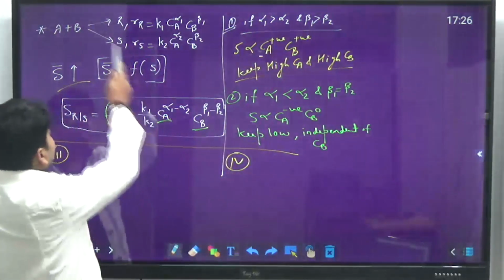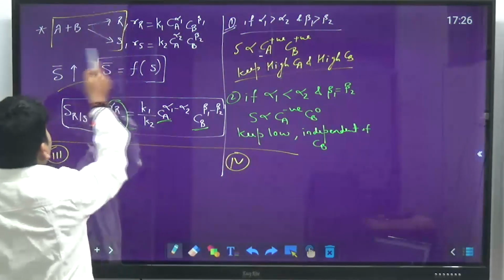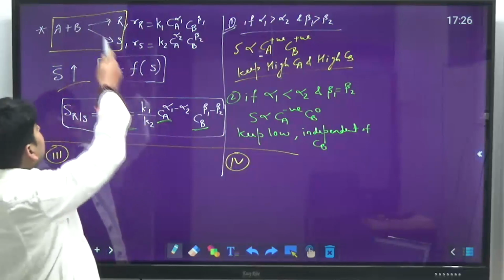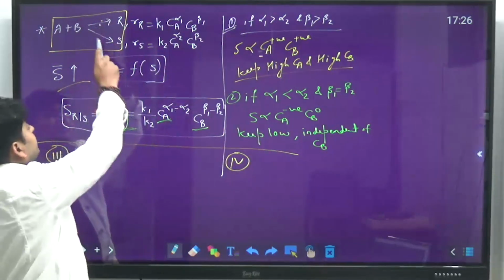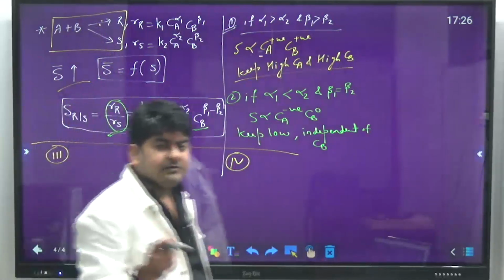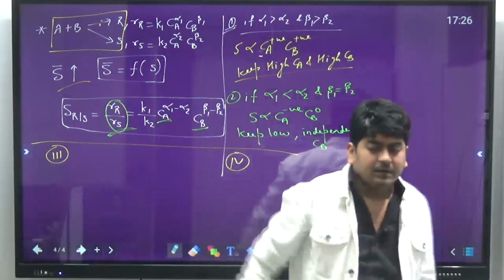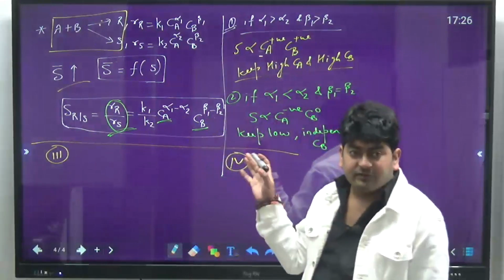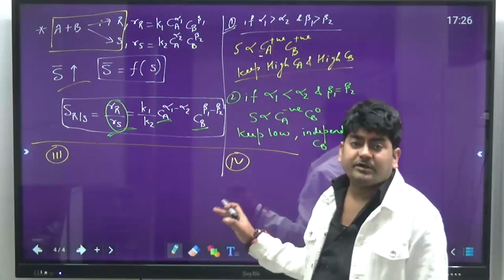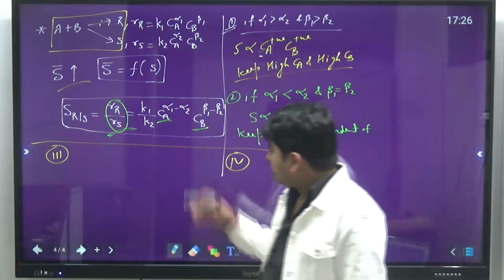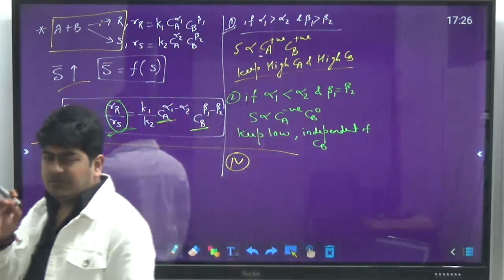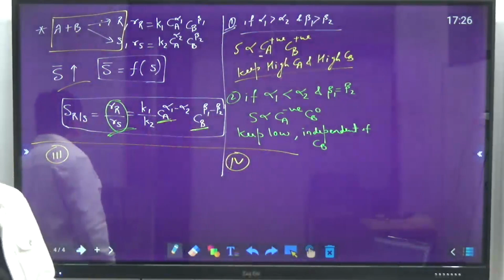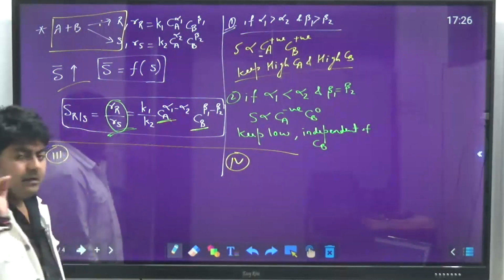So just think, in the reactor, if I increase the temperature, K1 and K2 both will increase. If I decrease temperature, K1 and K2 both will decrease. So how can I find out? You have to be careful with this and understand this important thing about temperature, because for concentration it's simple mathematics you can do, but for temperature it's a little bit logical and conceptual as well.